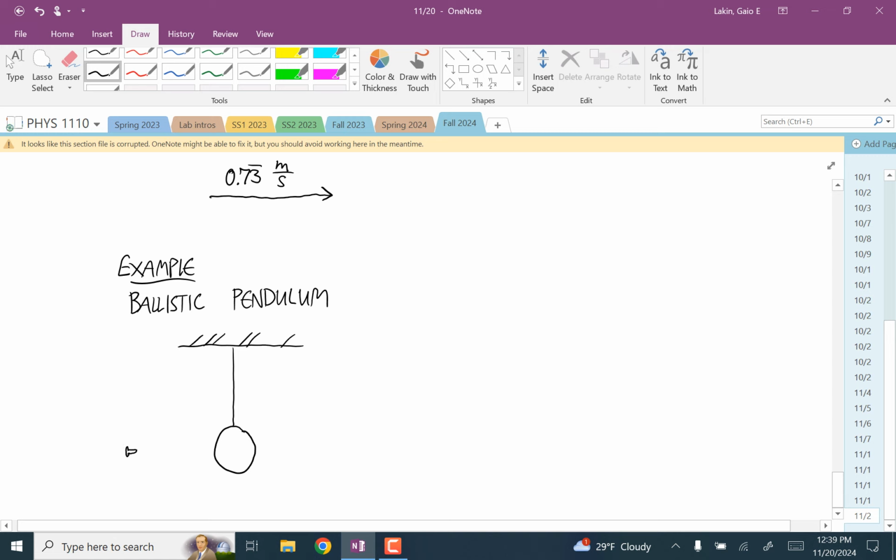Say it's made out of wood or something, so they know that the bullet is going to stick into this block. And then after the bullet lodges in there, this thing swings up to a new position. Okay, and so if you measure the difference in heights between these,